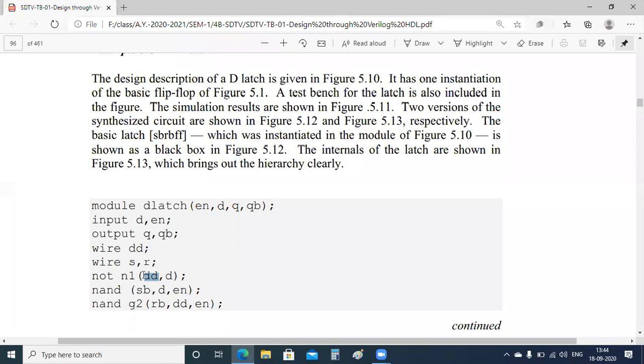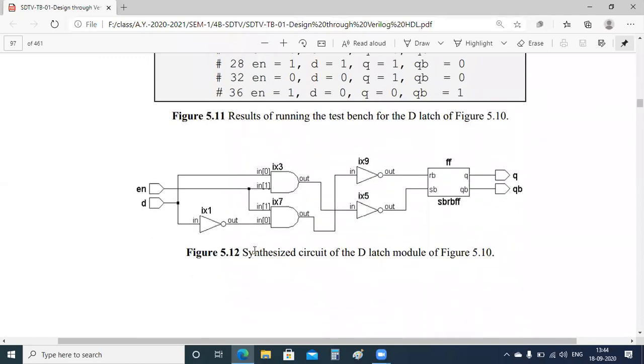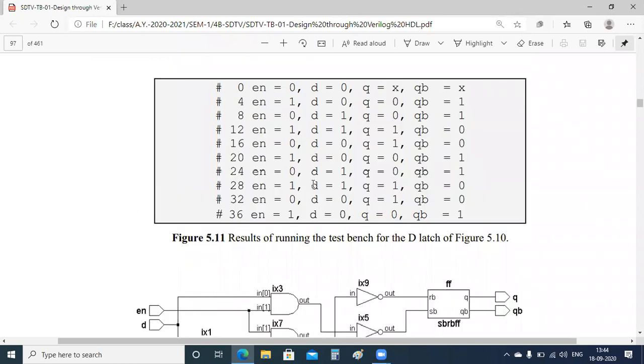Then my NAND gate is enable D comma SD, enable D comma, and it is going to produce an SD here. Okay, this will be RB, right? This will be RB. So how to get that? We'll see that.